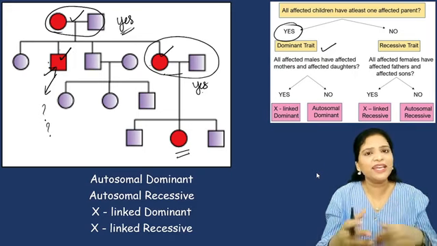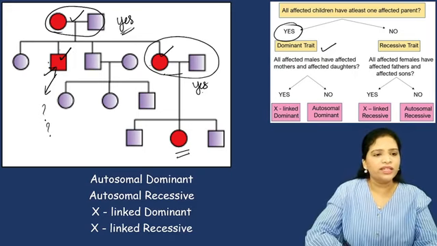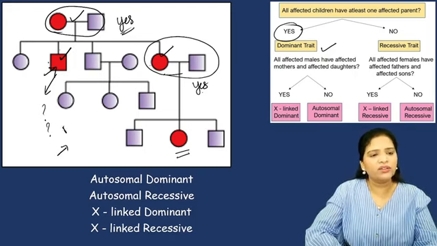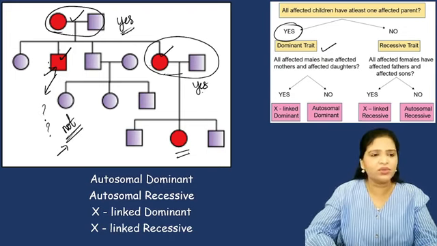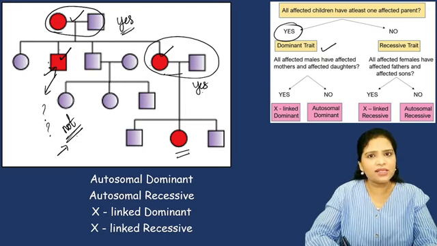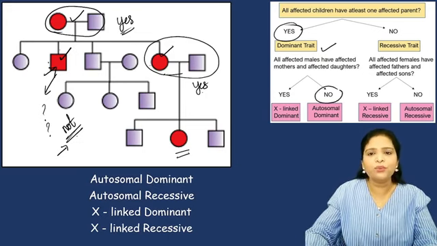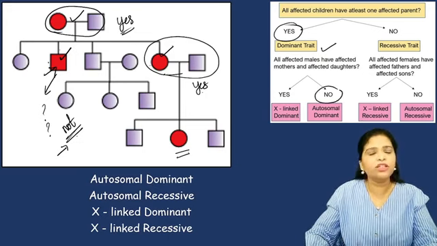That we have to take it in that sense, okay? So here his daughter is not affected. That means in other words, we can say he does not have daughters like this, okay? So here the answer for this question will be no, because nothing is mentioned about the daughter of that affected father.